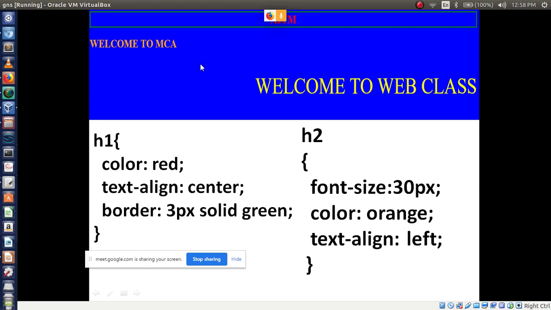Compared to this one, 30, it is displaying bigger, right? Here you can give 60px. Then which color are we displaying here? Yellow. Then text-align, which side is it displaying? Right side. Yes, here we have to write right.